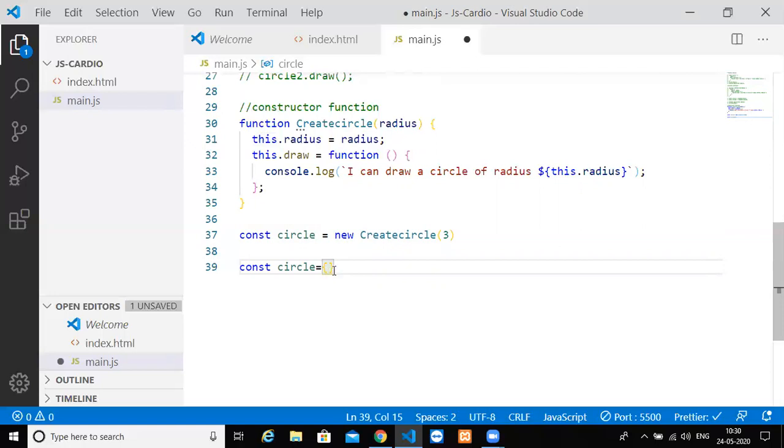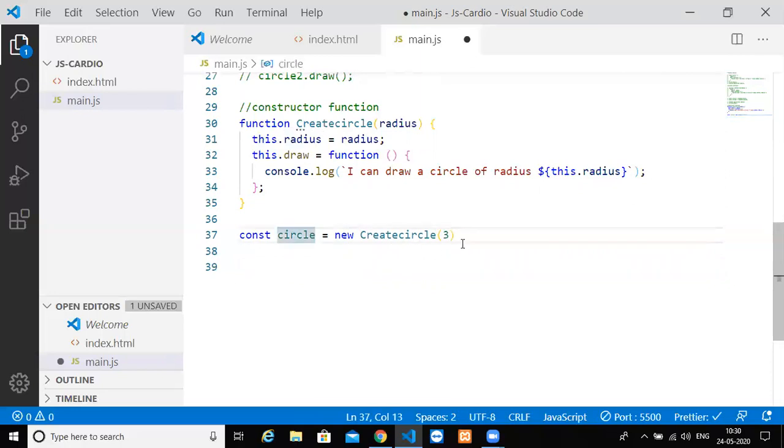All of this is done under the hood; we cannot see that. And the third thing the new keyword does is return this particular object as the function return. So the const circle will have this.radius and the draw function as its property and method respectively, and then it will return from this function.